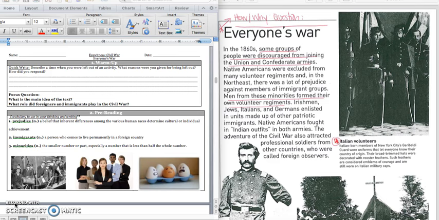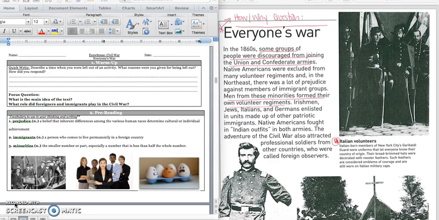So let's go ahead and complete our quick write. It says, describe a time when you were left out of an activity. What reasons were you given for being left out? How did you respond? All right, so press pause to write down your answer and play when you're ready for